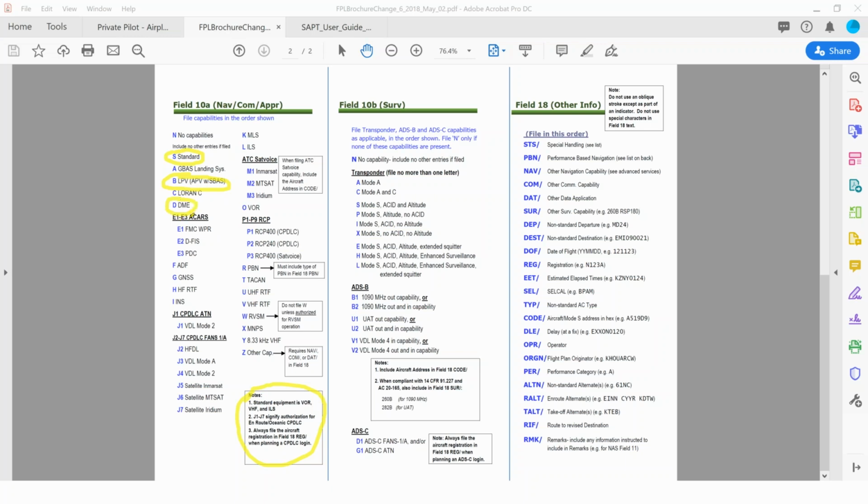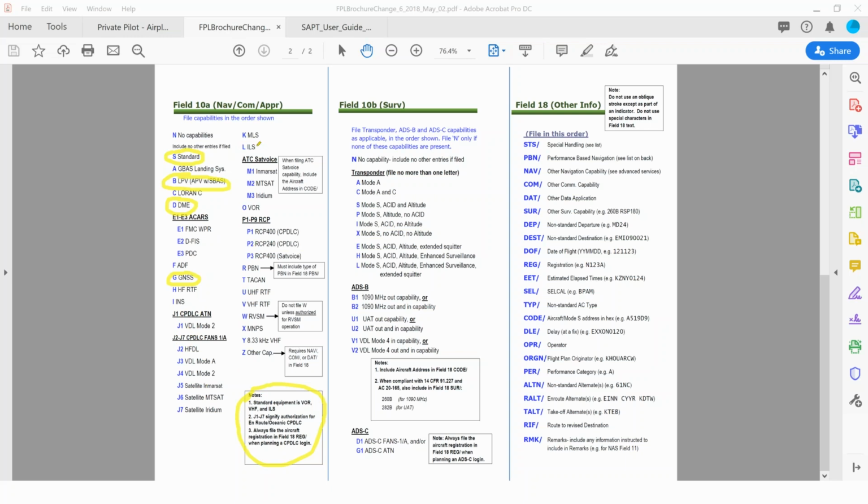All right, ACARS, that's something for transport category aircraft. I doubt that your airplane has it. If you have ADF, you can select that. G is for GPS still, but in this case, it's international. Remember, GPS is kind of the US version of the Global Navigation Satellite System. So you're going to select GNSS. All right, then we get into the CPDLC FANS 1/A. Don't care about that.